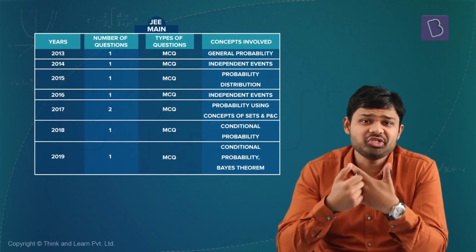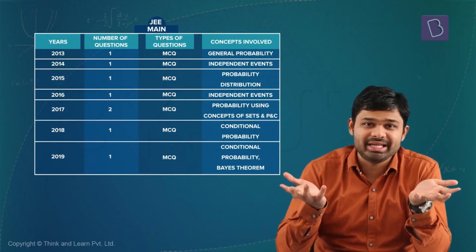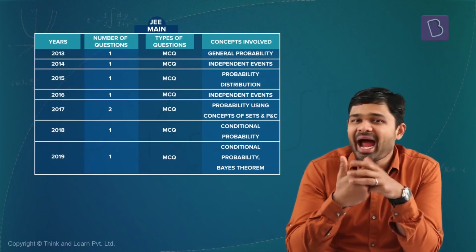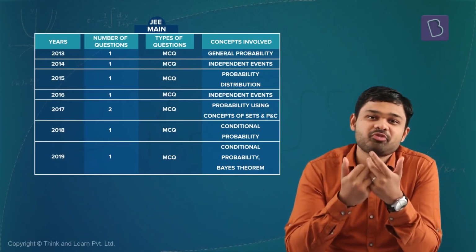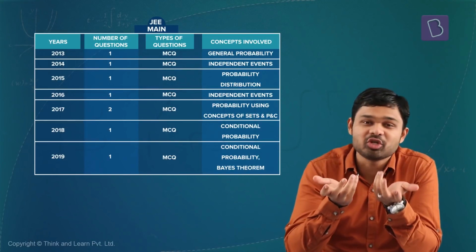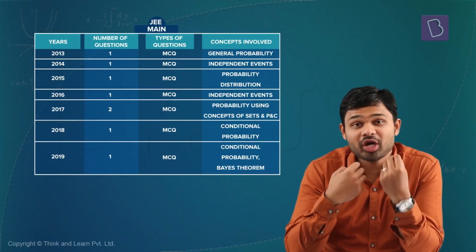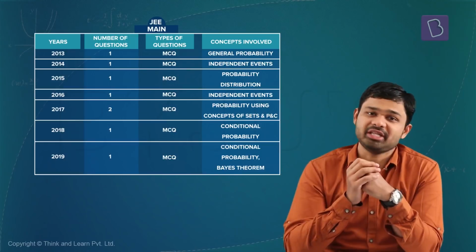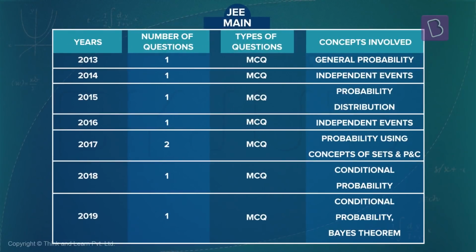A lot of these questions tend to be from general probability. These are like logical questions, and even without knowing the concepts of probability in detail, you will be actually able to solve some of these questions if your logical thinking ability is pretty strong. Well, let's quickly look at the different sections of this chapter from which questions generally came in the main examination. In 2013, the question was from general probability. It was not from any specific section as such.